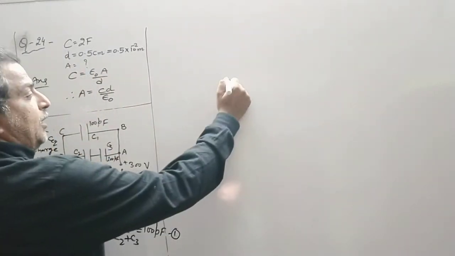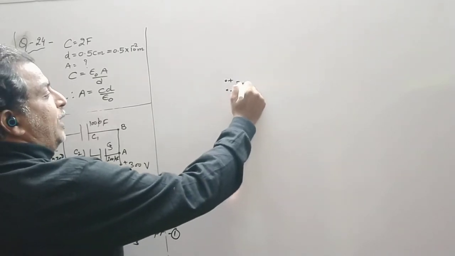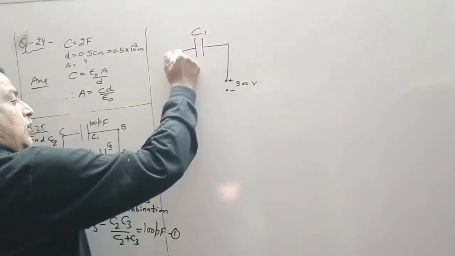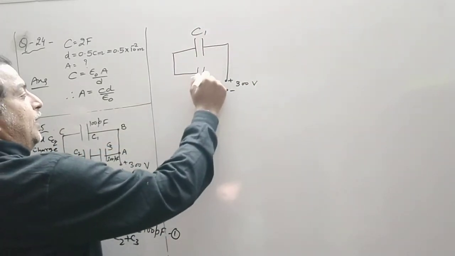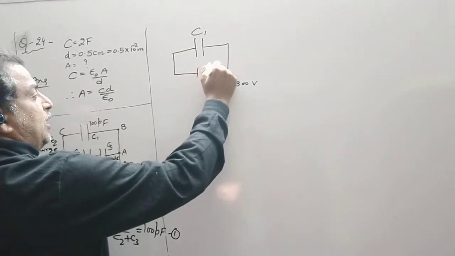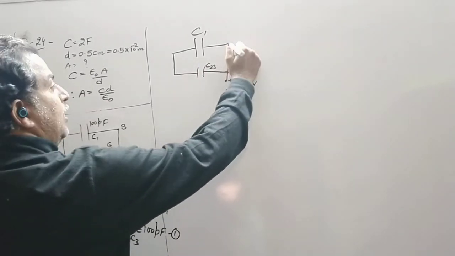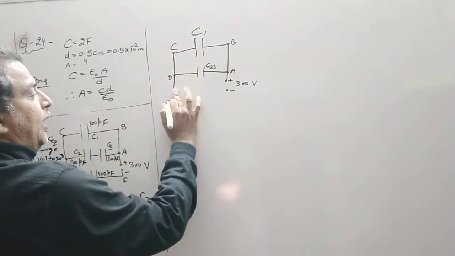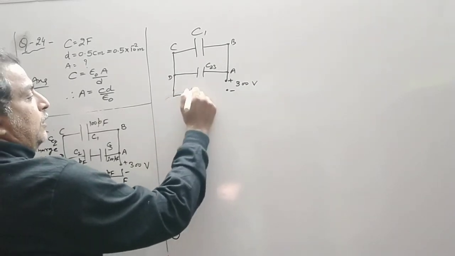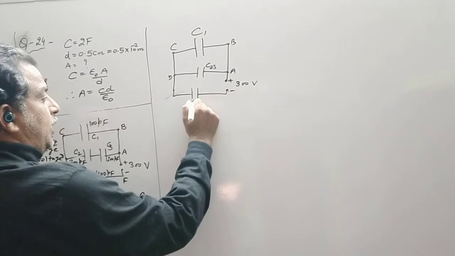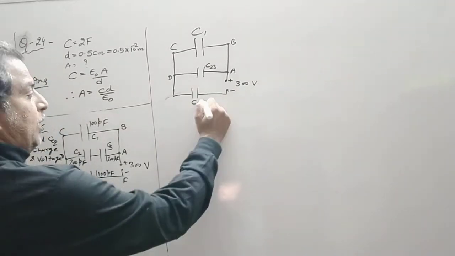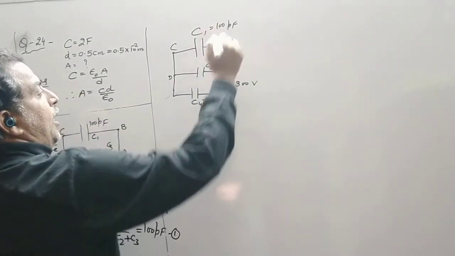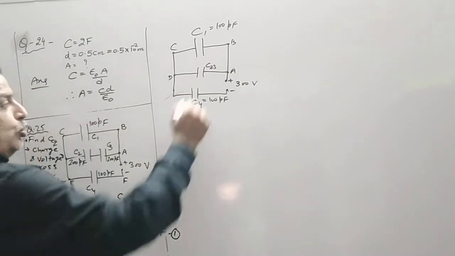This is the plus point, this is the minus point, that is the battery of 300 volt, this is capacitor 1. Then in the place of 2 and 3, I draw C23. This is my path: point A, point B, point C, point D, and then I have a C4 capacitor which is connected to the negative terminal. So C4 is equal to 100 picofarad, C1 is also 100, and C23 is also 100.